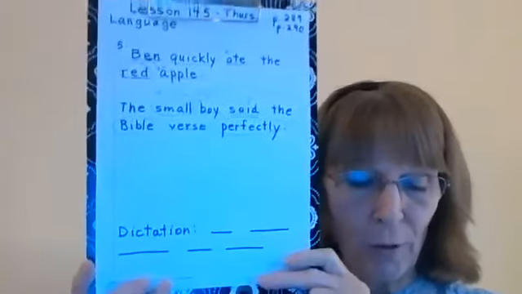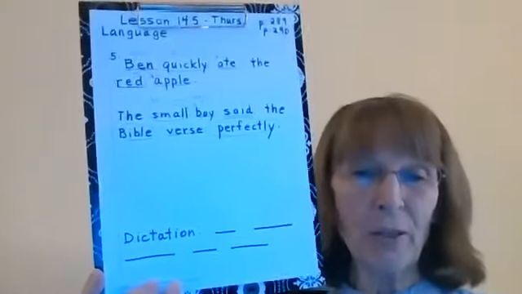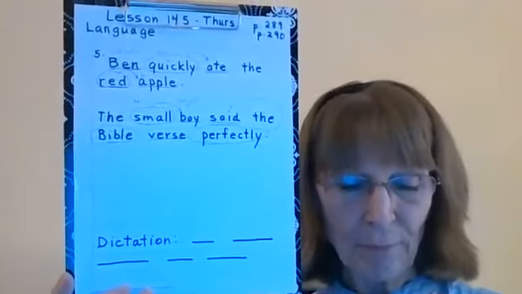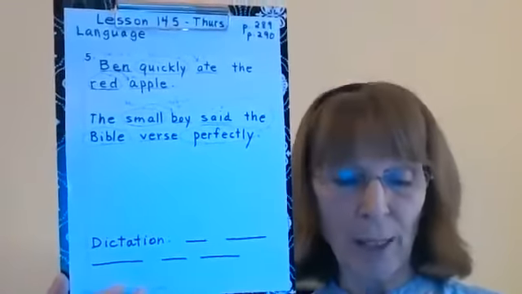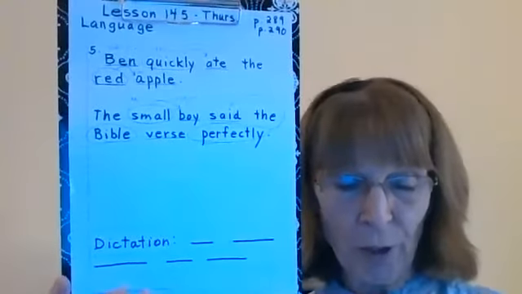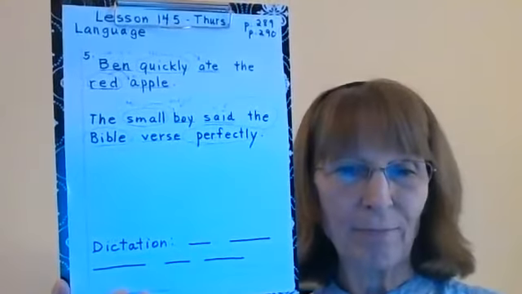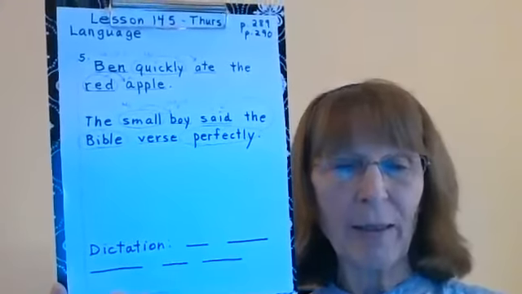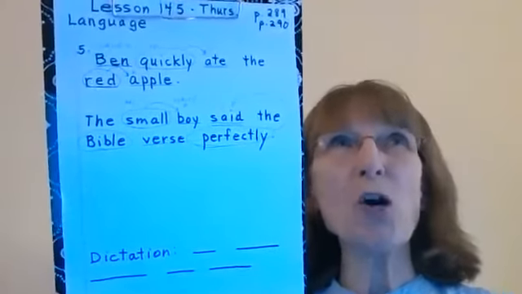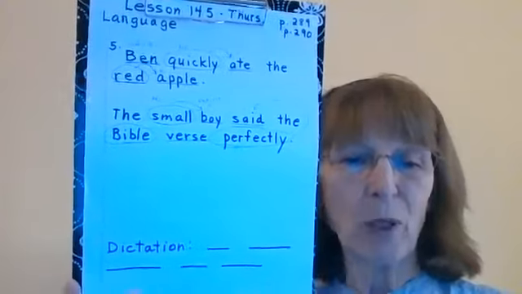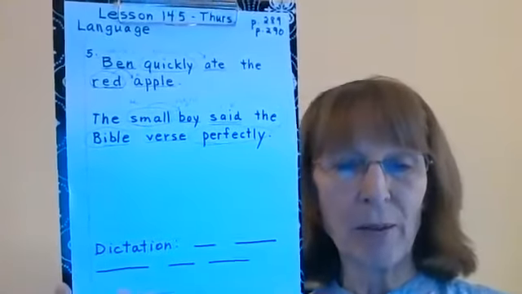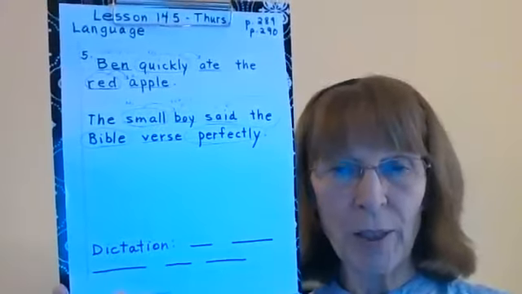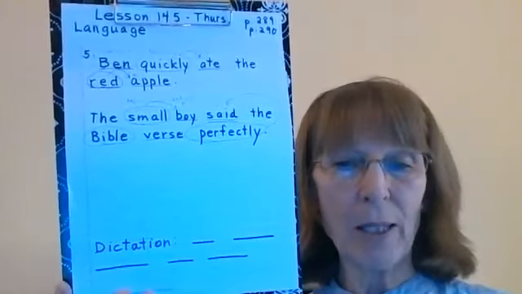All right, dictation. If you haven't done your dictation, I'll do it with you today, all right? Here's the sentence you need to write. I have learned so much. You might say it like this. I have learned so much. Then what would I put at the end of the sentence? I have learned, past tense,